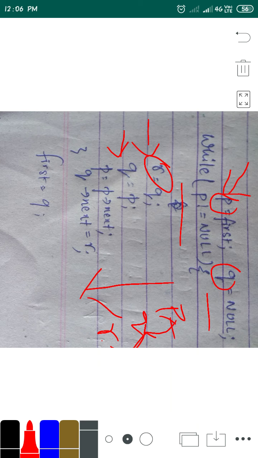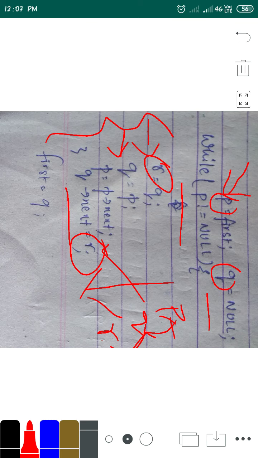Okay, and we are incrementing this P. Now you can see at the end we assign Q's next, which was pointing earlier to some other node, to R. So only these four things we have to do, and we are done reversing our linked list. You might have confusion, so let's visualize this concept.